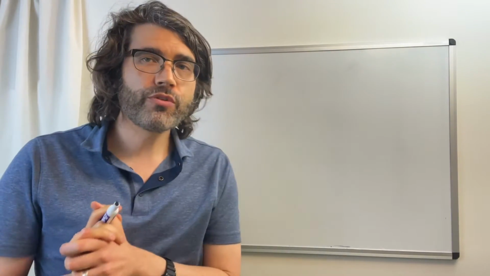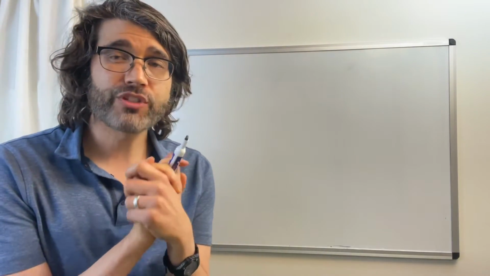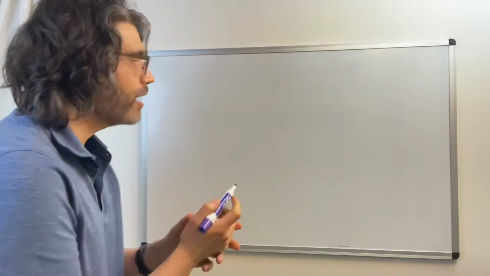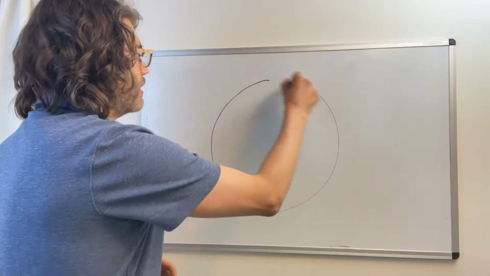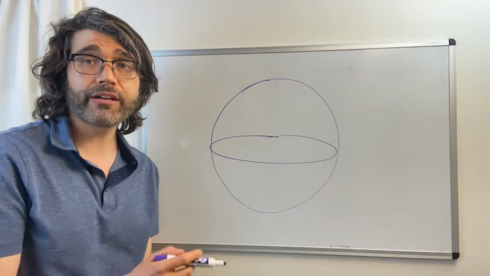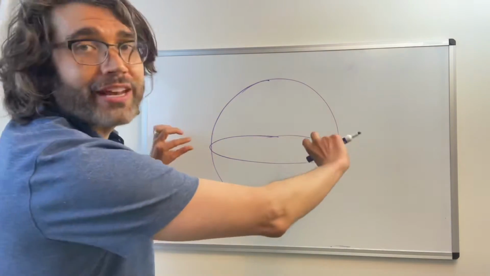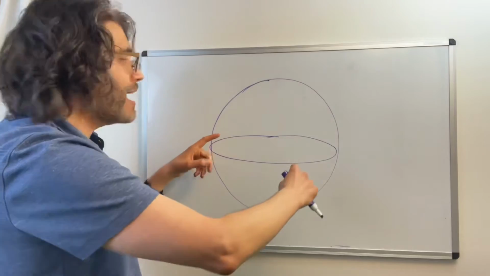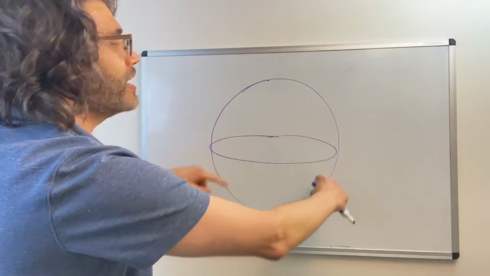We are going to move on to solids that have circles in them. So there are a few types that we're going to be doing. One, probably the most obvious one, is a sphere. A sphere is basically a circle that has been rotated 360 degrees, and the area that it sweeps out